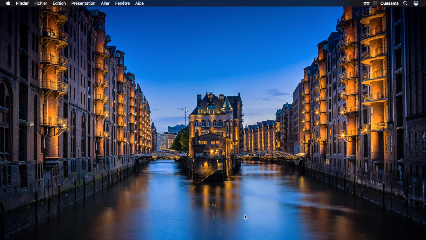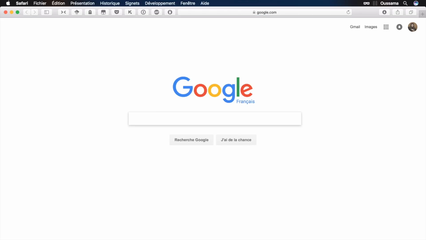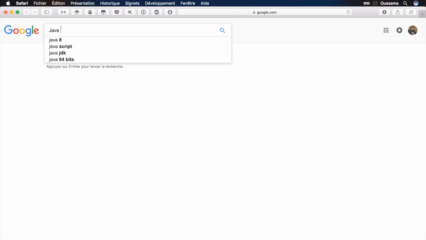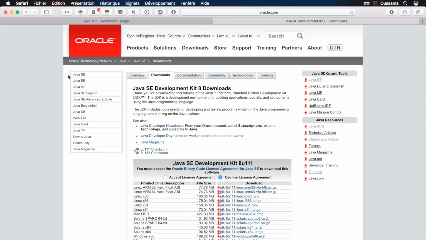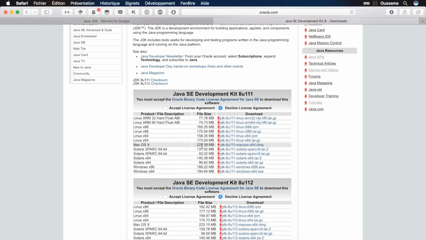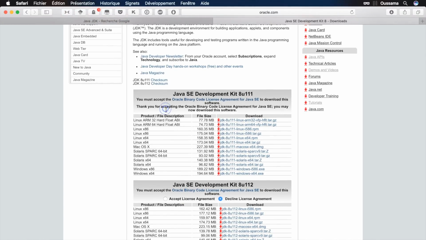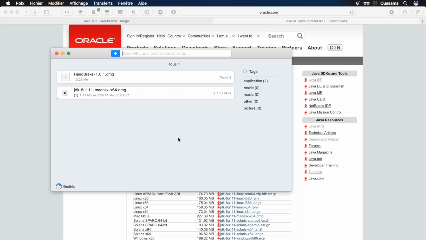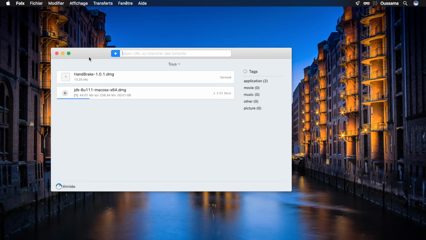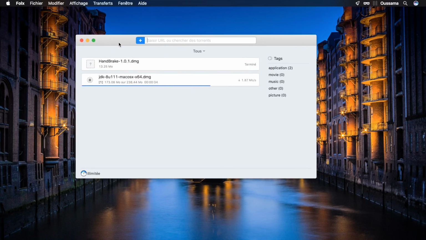Open your browser, go to Google, and then search for Java JDK. And then choose the result from the official website of Oracle. Don't forget to accept the license agreements, and then choose the right version for your operating system. Download it. When the download completes,